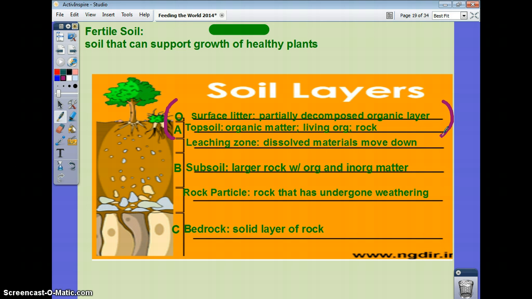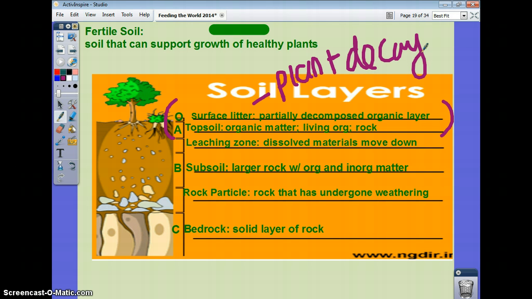So you're going to have decomposition in the top layer, and they call it surface litter, and litter being like plant leaves or plant decay, and organisms that die and their remains get decomposed. Topsoil is still full of a lot of organic matter, and you're going to start seeing some rock. And there's living organisms like snails, worms, and they also help build soil and